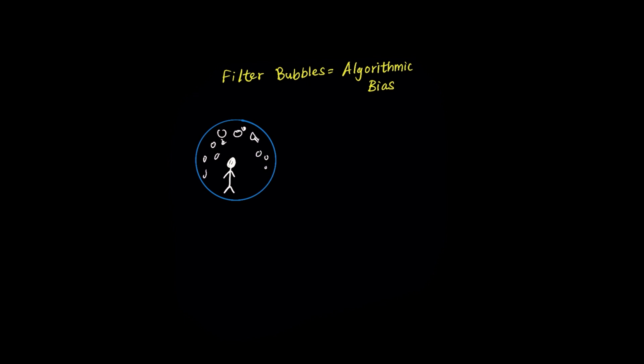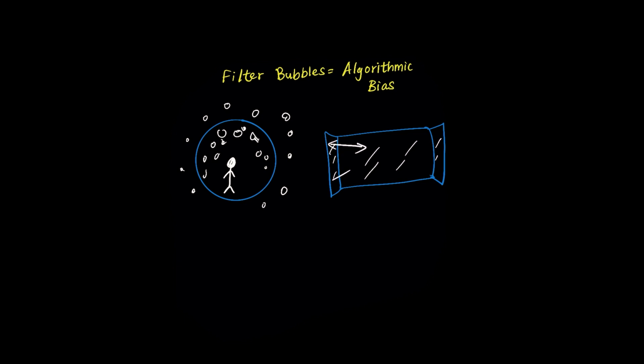Let's dive into how filter bubbles represent a form of algorithmic bias that shapes our digital experiences. When recommendation systems create filter bubbles, they're not violating privacy or lacking transparency, but rather creating an invisible bias that reinforces existing preferences. Imagine being in a room where the walls gradually become mirrors, reflecting only what you already like back at you. The algorithm learns your preferences and keeps serving similar content, creating an echo chamber that limits exposure